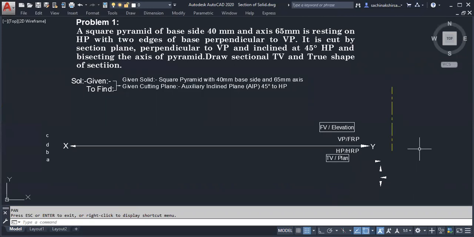Who will read problem number 1? Are you able to read? Who will read problem number 1? Very simple. Roll number 36.